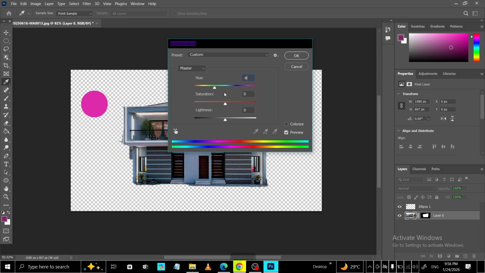Saturation controls the intensity of the color. Dragging it to the right boosts vibrancy and makes colors pop. Dragging it to the left reduces intensity for a softer, more muted look. Subtlety is key here. Small adjustments often look more natural, and pushing saturation too far can cause colors to clip